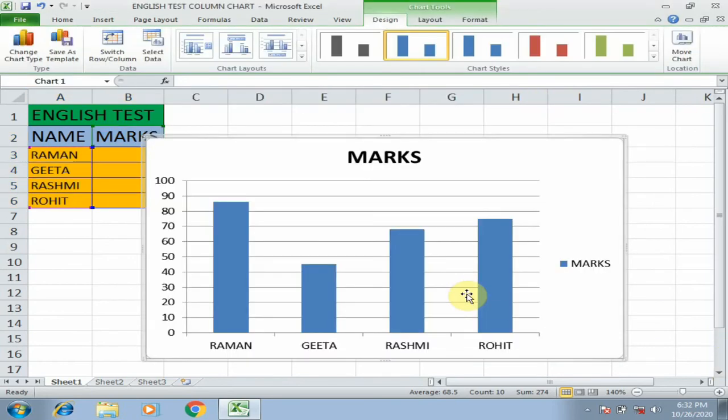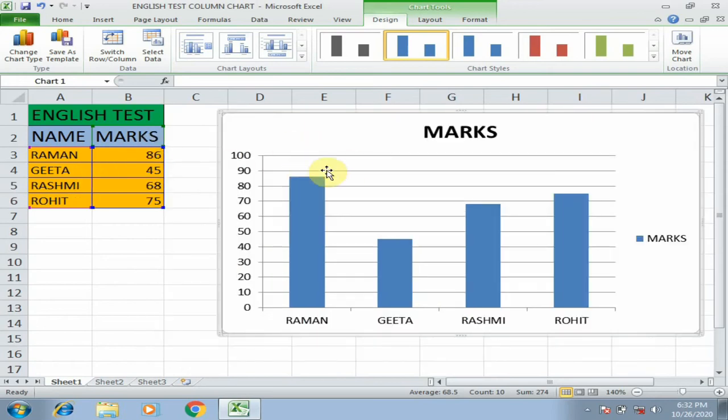You can see the column chart has appeared on the worksheet. I am shifting this chart. By this we can correlate our data with the given chart.